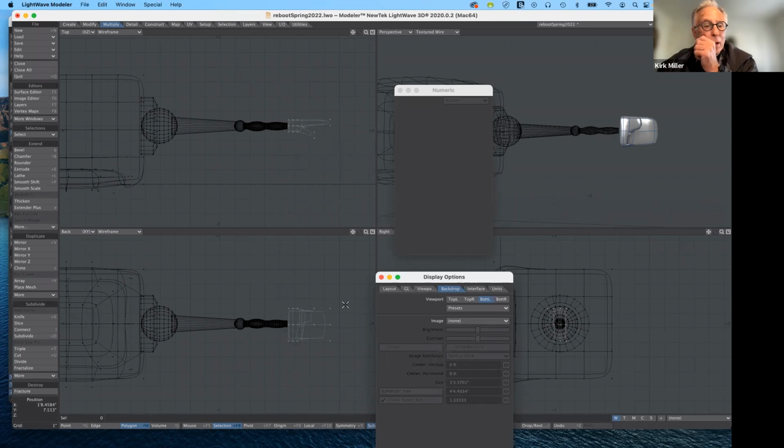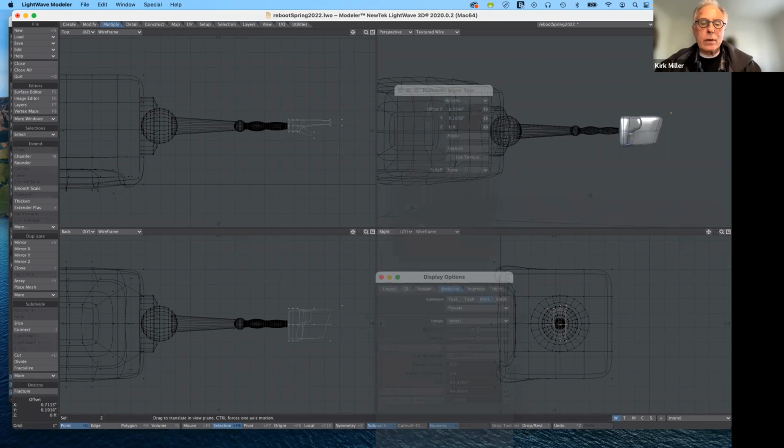But anytime you want to select a whole row of points or polygons, sometimes it's best if you use wireframe, because if I switch to points and I select the top point here, notice that I've selected all the ones behind it too. So now when I hit T for move and I pull this forward a little bit to create that appearance,